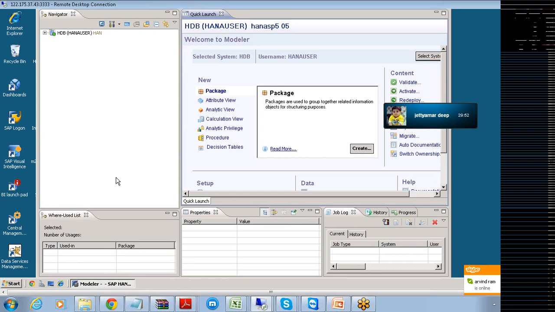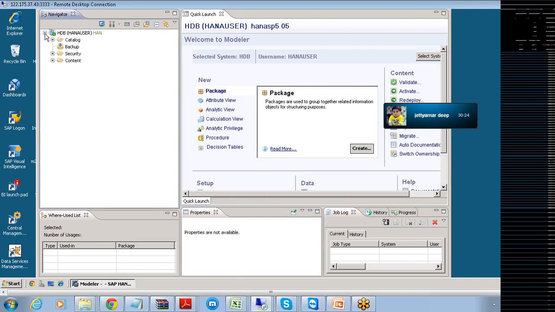Maybe tomorrow I'll plan for a wholesome, end-to-end exercise. The end-to-end exercise is in two parts. We'll take a prepared database, the eFashion database you are working on, or the FoodMart database, as a source. Use BODS to make sure that you are replicating everything into this particular HANA database in the form of a catalog. That is the first thing.